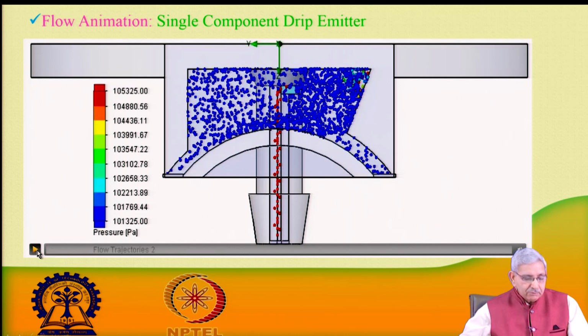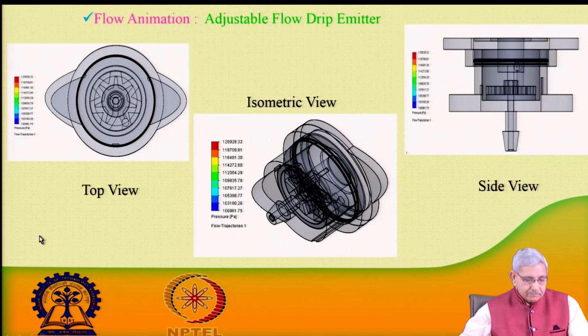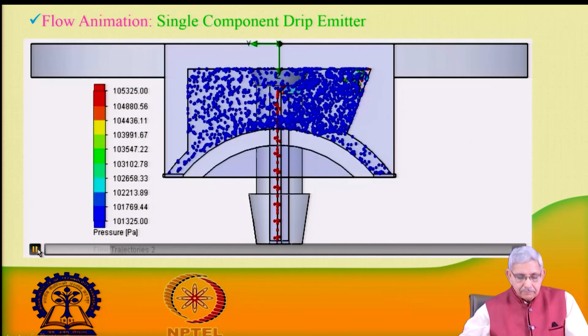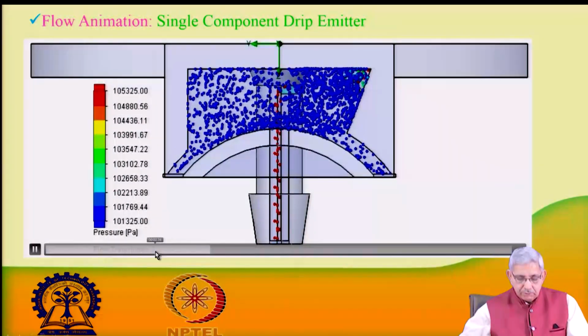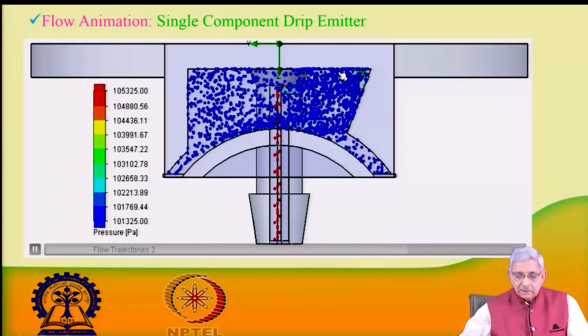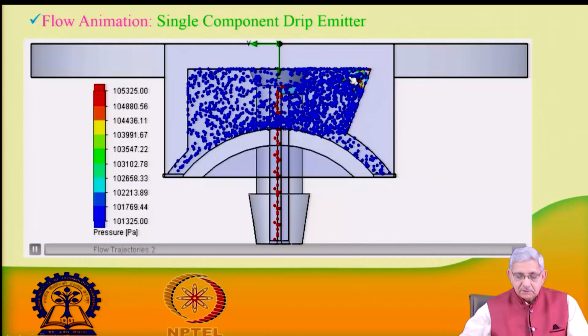For a single component dripper, this can be shown through this animation. When the water comes here, it goes there and gets mixed, and you can see how the pressure distribution takes place in a single component dripper.